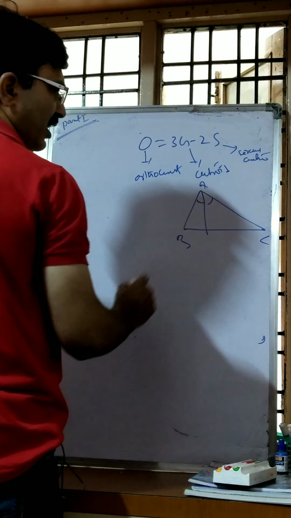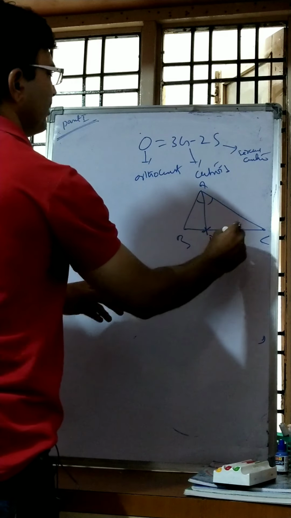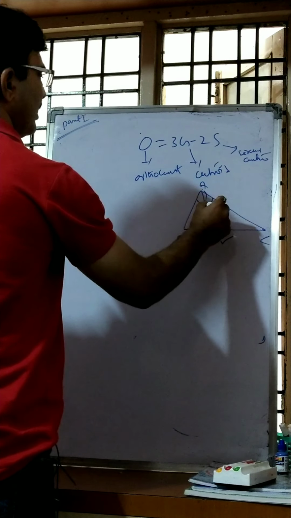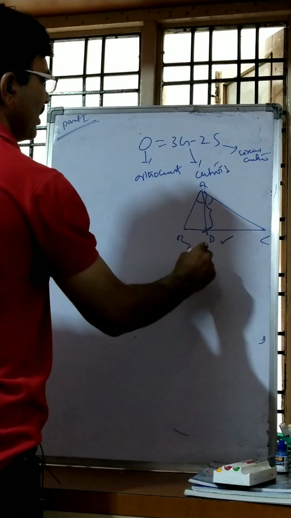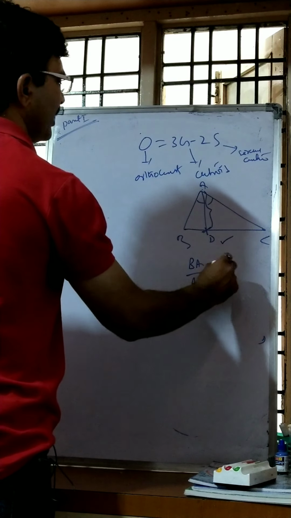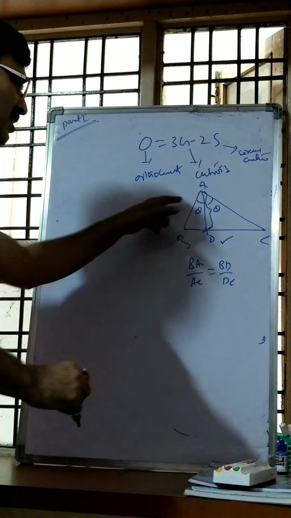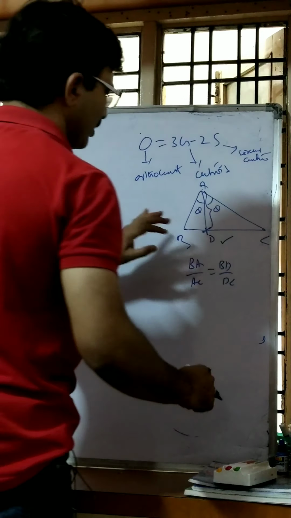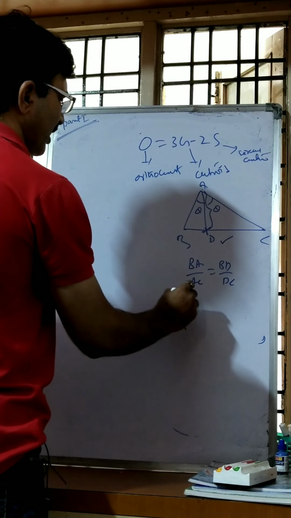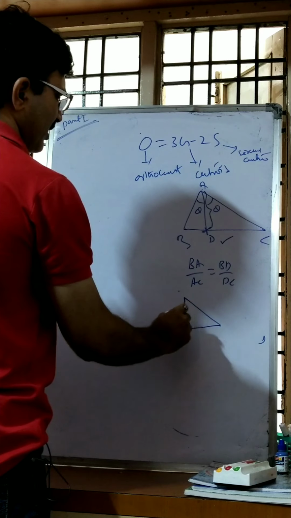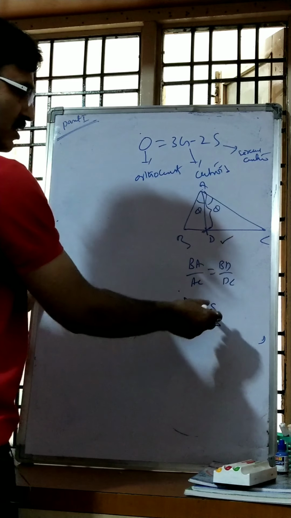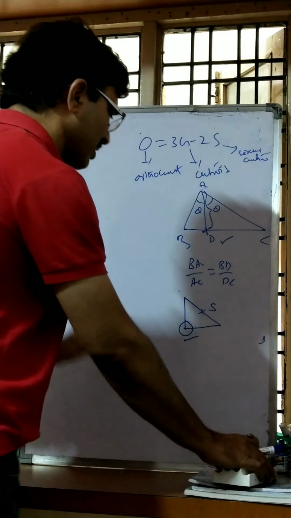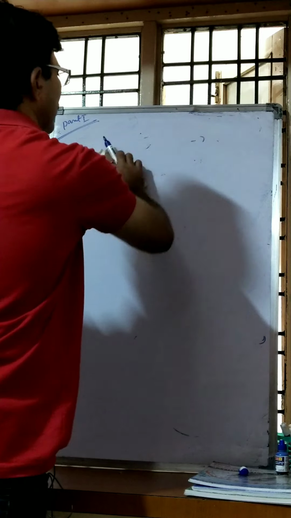If it is the internal angle bisector D, sometimes they'll ask you to find D, sometimes they'll ask you to find the length of this internal bisector. That is BA by AC is equal to BD by DC. If it is an angle bisector, then this condition is there, you know very well, right? It is related to this. And they usually like to give questions in 3D. If it is a right angle triangle, the midpoint of the hypotenuse is the circumcenter, and the right angle vertex itself is the orthocenter. It is easy for us. Now these are the few points.